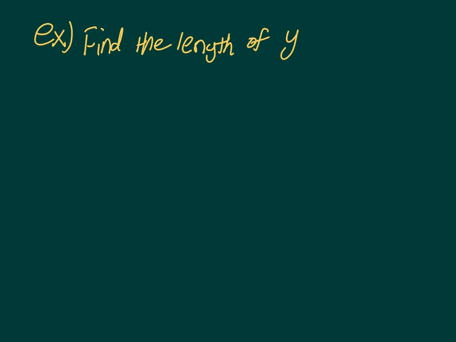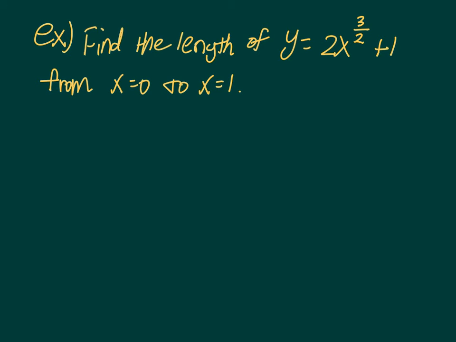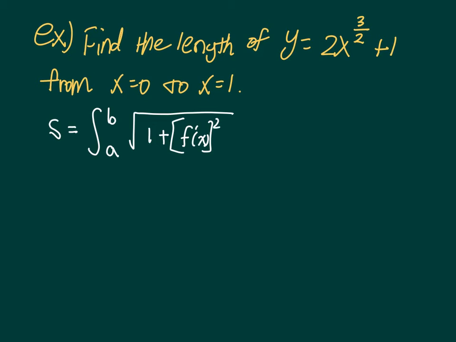Okay, let me write down the example. Find the length of y equals 2x to the 3 over 2 power plus 1 from x equals 0 to x equals 1. First of all, the important thing is you have to think of the arc length formula. The arc length formula is the integral from a to b of the square root of 1 plus f prime of x, the quantity squared,